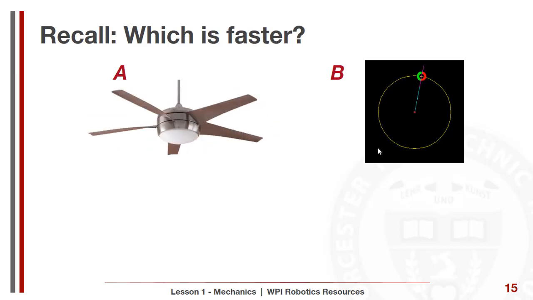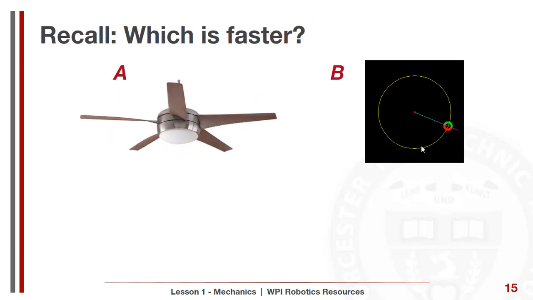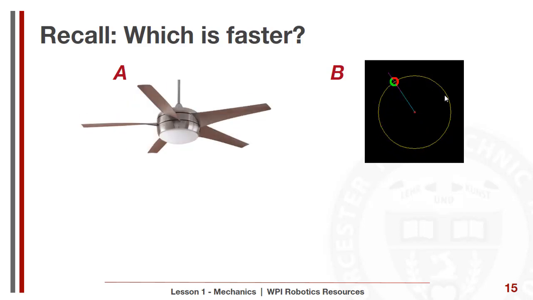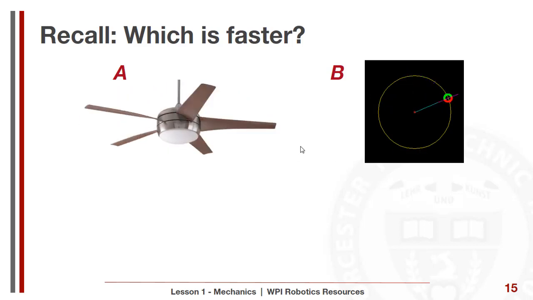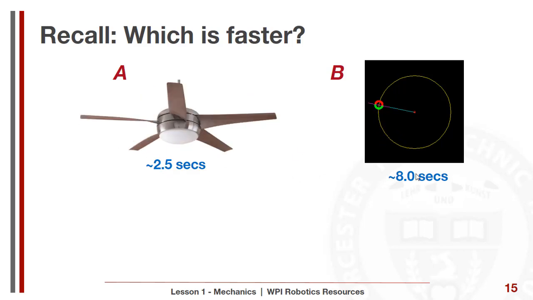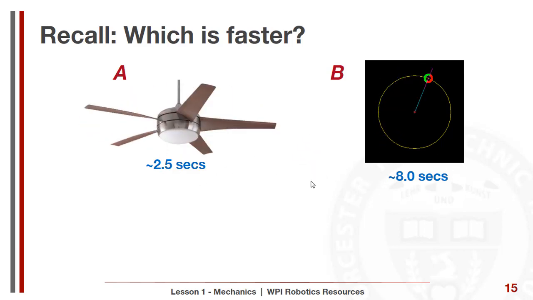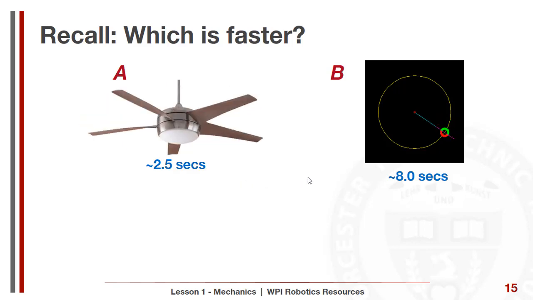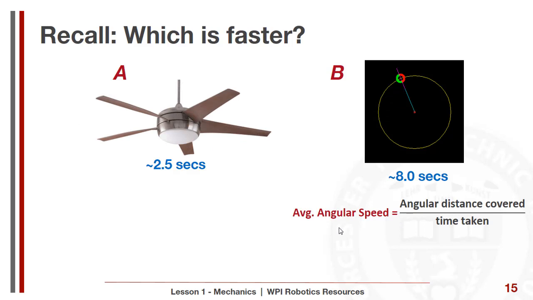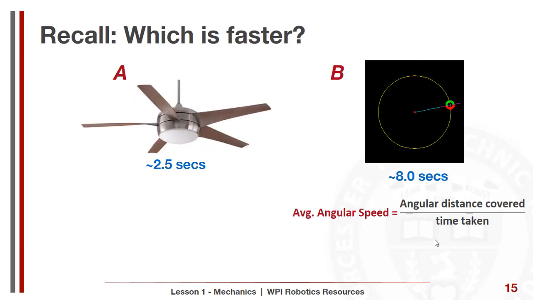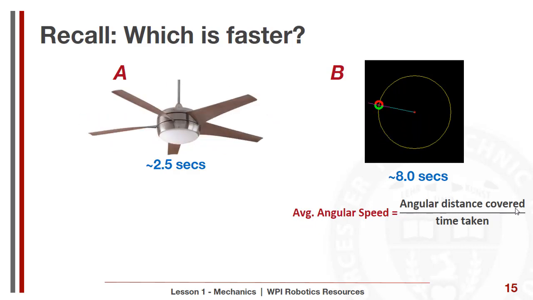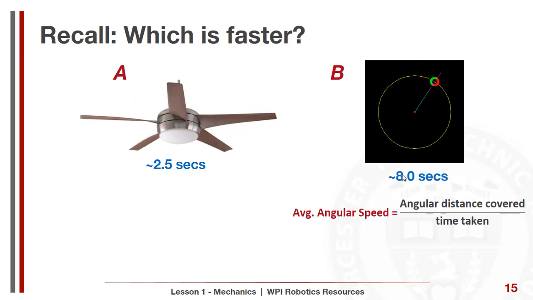So if you use a stopwatch, in this case, you can say you start counting when it crosses one point and then wait until it crosses that point again. And if you do that correctly, you get values that are approximately close to this. These are just approximate values. And with the time taken over one revolution, we use this formula, which is very similar to what we saw in linear motion. The average angular speed would be the angular distance covered over the time taken. And the distance in this case is